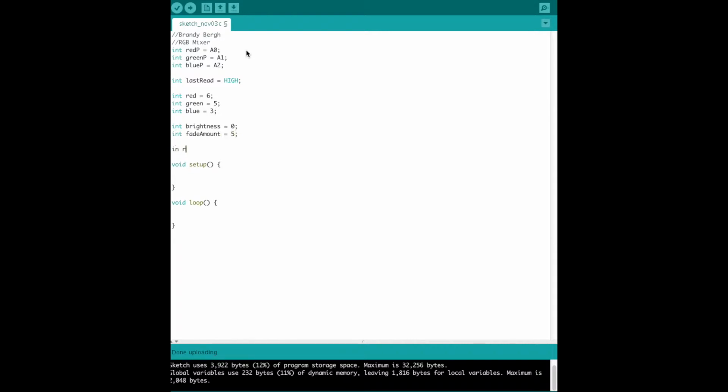Alright, 2 more variables to get set up here. Alright, the read value. Oops, that isn't it. I need one more. I need the write value. And let me just make a little comment for you in case you're following along. You're going to use this variable to read the potentiometer. And then this one, you will use it for